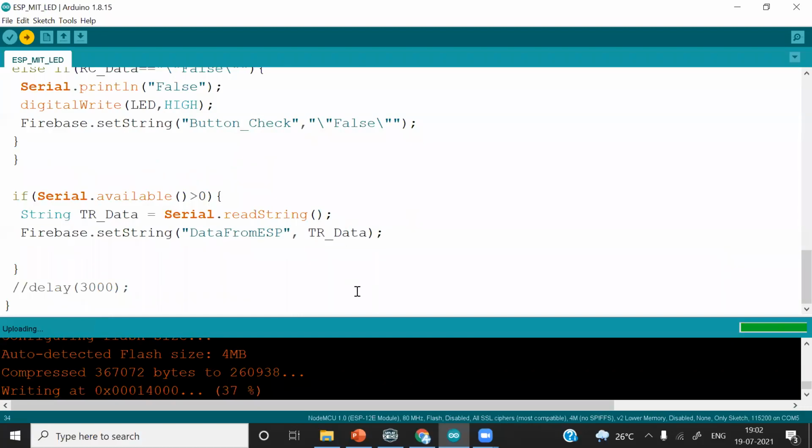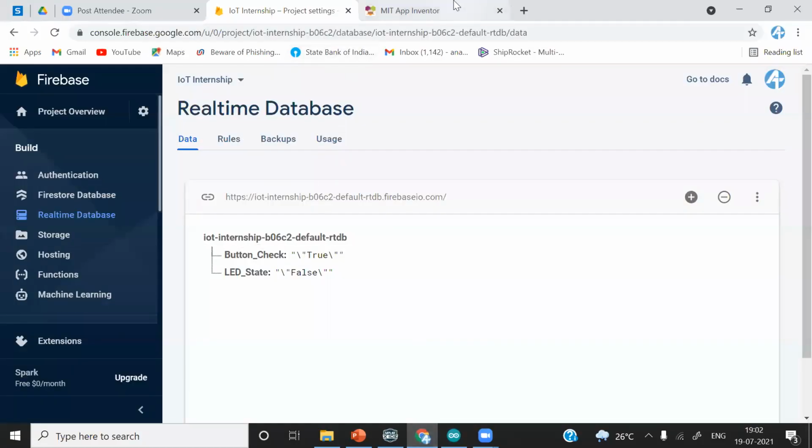Data from ESP. What I will do, I will change this field in MIT App Inventor.